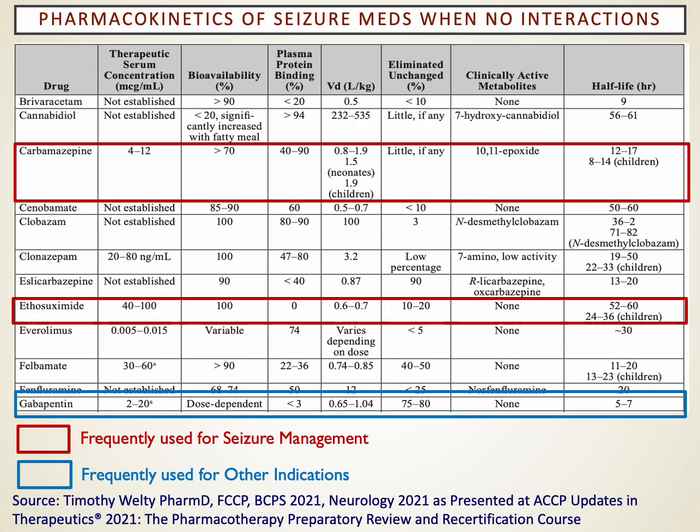Okay, let's look at some of the pharmacokinetic issues and these couple of busy slides that are here. What I've tried to do in some of these slides is to highlight for you those in red boxes that are commonly used for seizure management, and then in a blue box when it's an agent that's pretty commonly used, but the indication is not for seizures. And let me try to highlight what I think of as a pharmacist when I see these agents that are boxed or highlighted as what are the major pharmacokinetic issues.